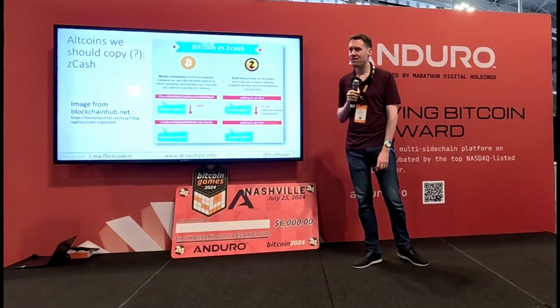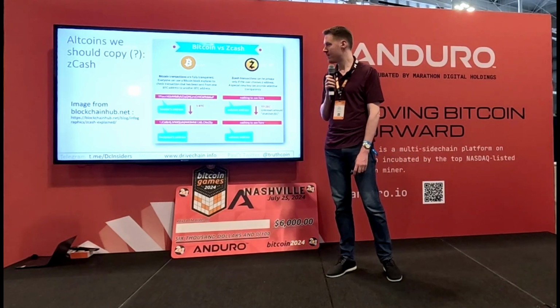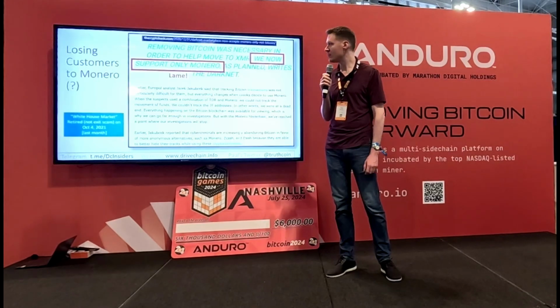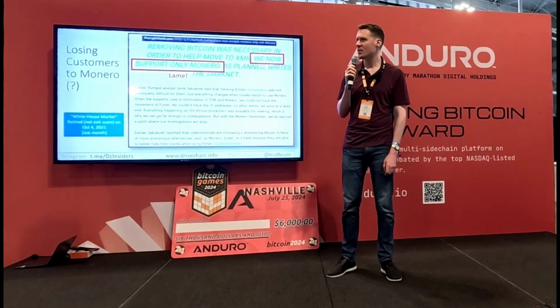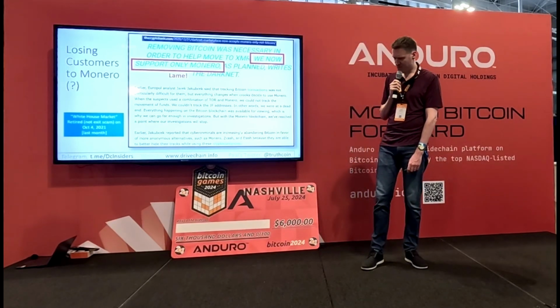What is the resistance to BIP301, and where do you find valid their arguments, and where do you find they don't get it? I think the